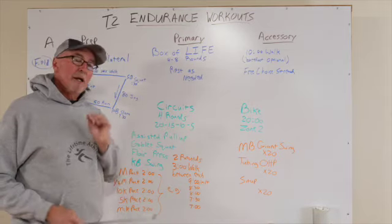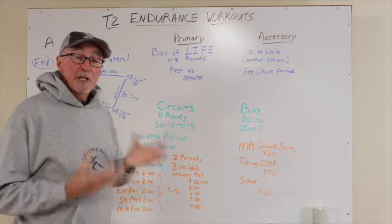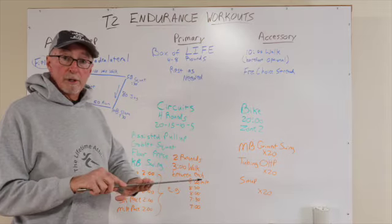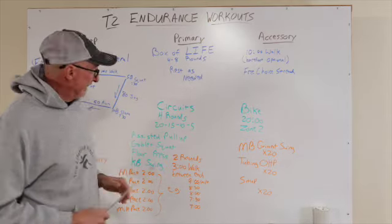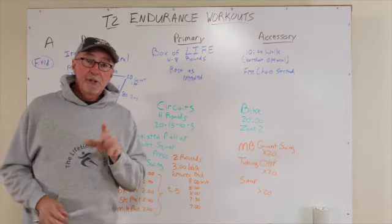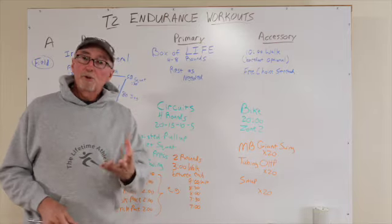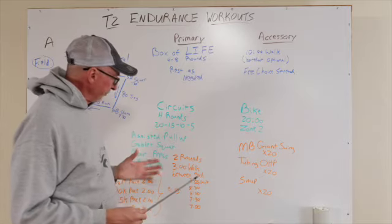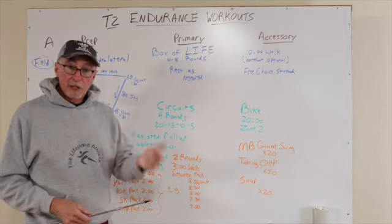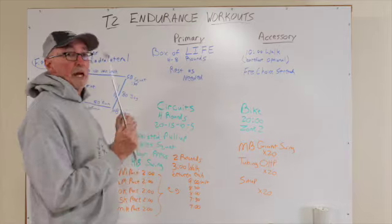The goblet squat. Holding in front, dumbbell, kettlebell, doesn't really matter. You can even do that with your sandbag, but love to elevate the heels on that one. So if you can put a board under your heels, or better yet, if you have a ramp, that is excellent. The floor press, we're using a floor press just in case anybody doesn't have a bench and a barbell or dumbbells, but those are excellent choices. But you can use a lot of implements for a floor press. You can use dumbbells, kettlebells, even a cinder block or your sandbag. So, that's really a